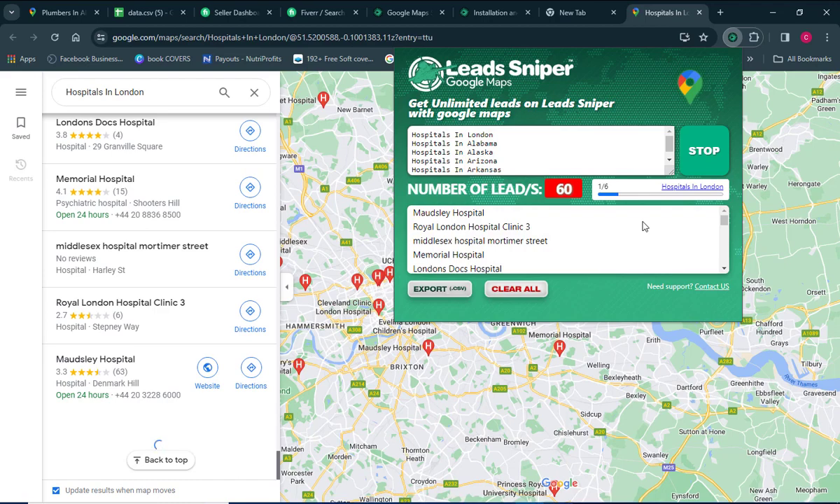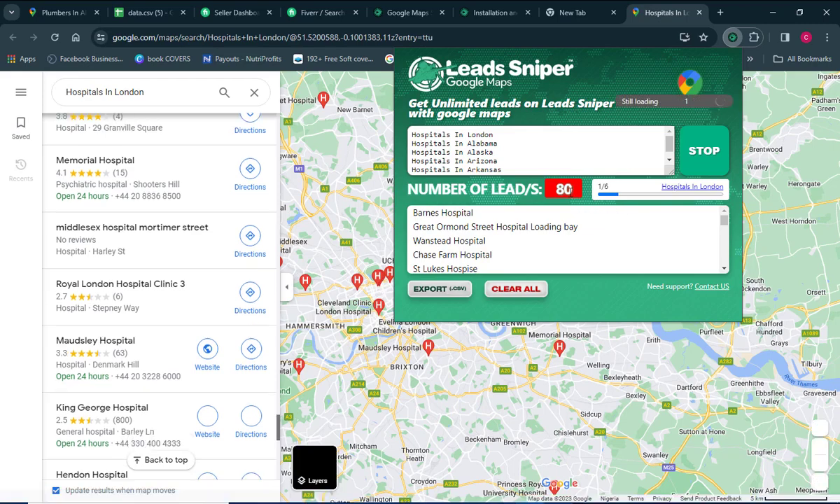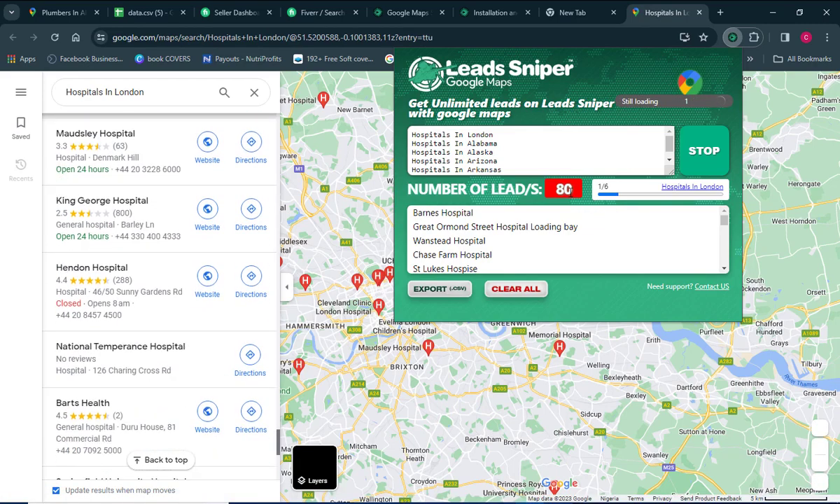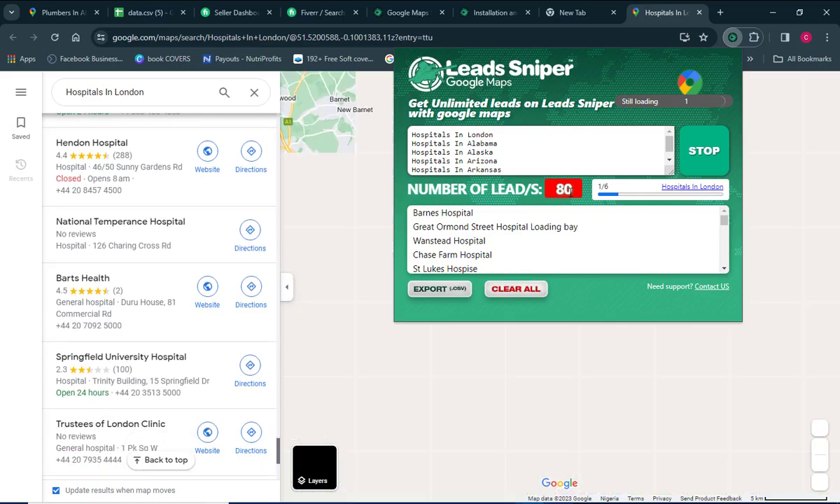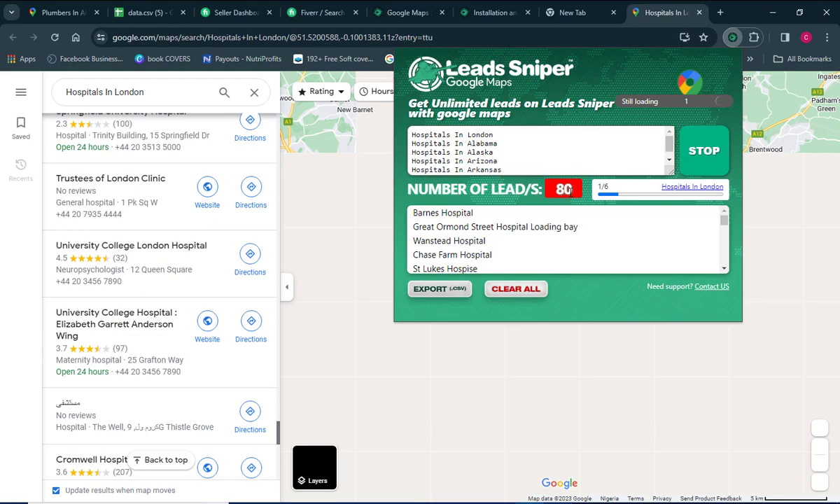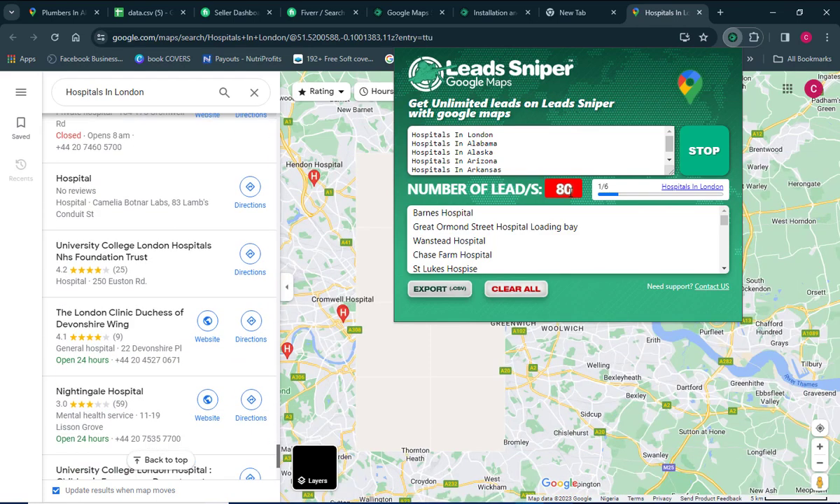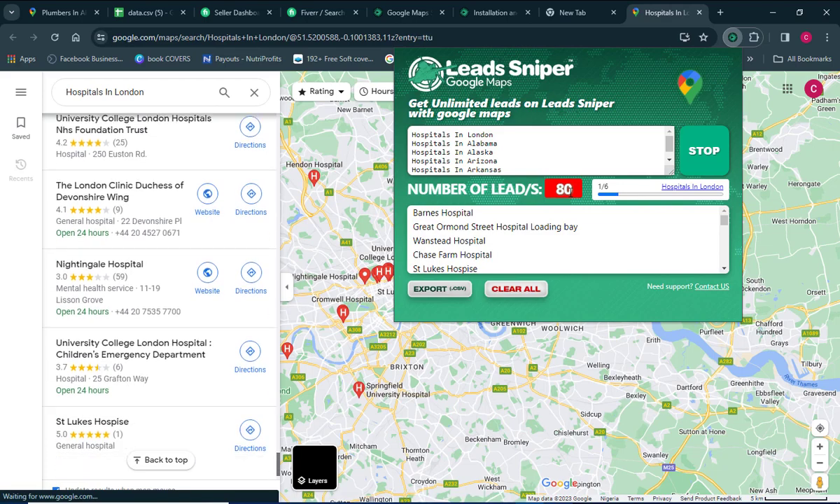So you can see 60 leads has been generated guys, and you can see 80 has also been gotten. So guys, if you keep on leaving the Lead Sniper to run, it's going to keep on extracting data for you. And guys, the more data you have, the more money you can make for yourself online. So please make sure you use Lead Sniper and also give it time to load up as many data as